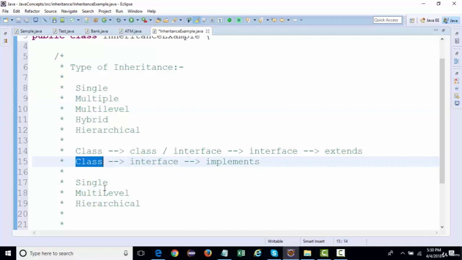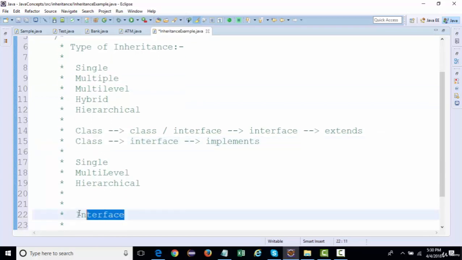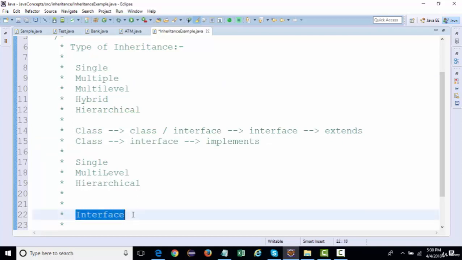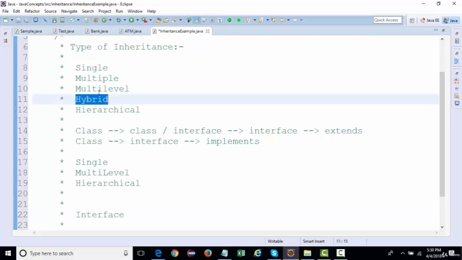It is actually possible at the interface level. It can be achieved via interface only, and it cannot be achieved via class level, right? So what is hybrid? Hybrid is a combination of multiple inheritance and other inheritance. So hybrid cannot be achieved using the class level as well.